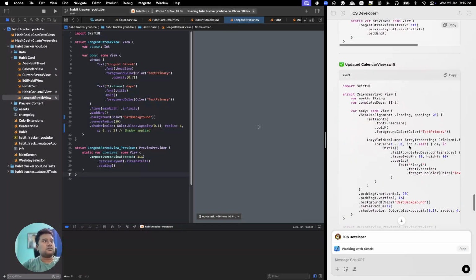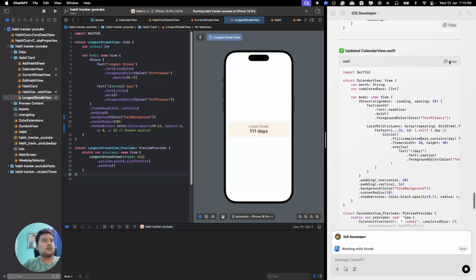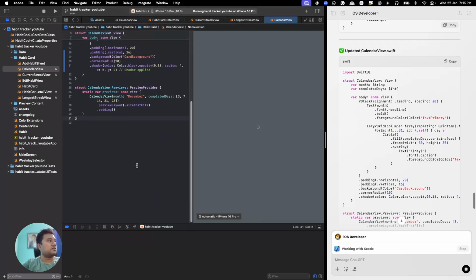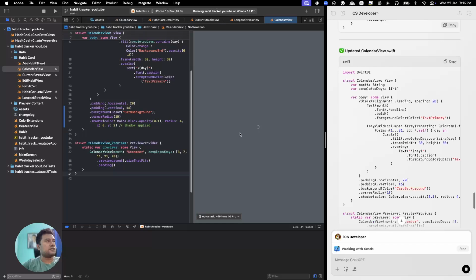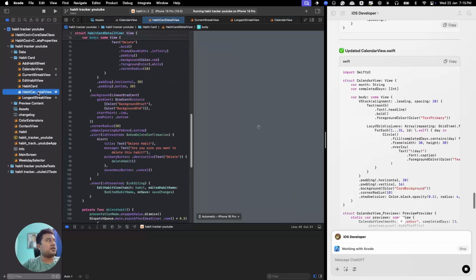I'll paste it here. I'll do the same thing with the updated calendar view, and then check the design. Everything looks good. And if I go to the main card,